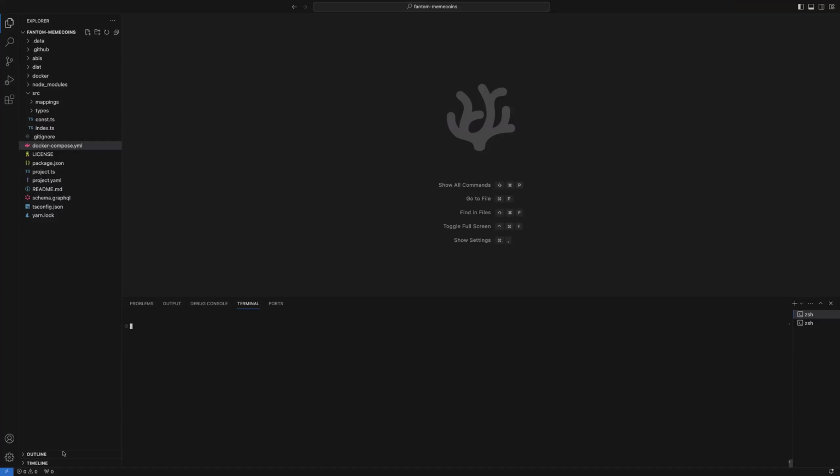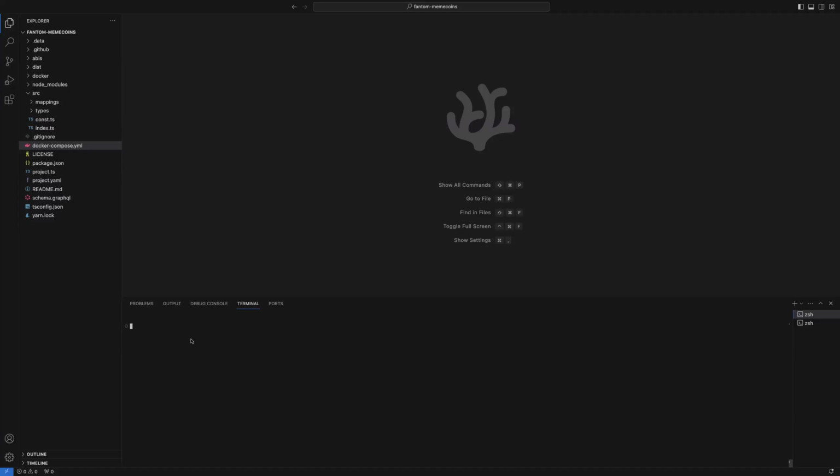So I'm now having my VS Code open. Obviously, you can use your favorite IDE for that. The simplest way to start, I would suggest, is to first of all use one of the templates that we've prepared and that are accessible from our CLI.